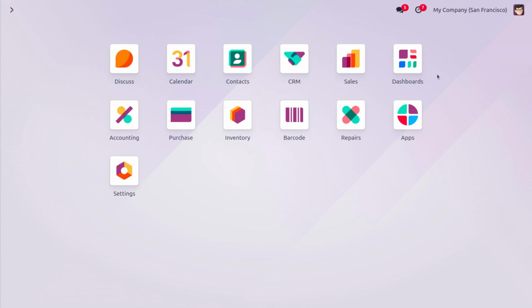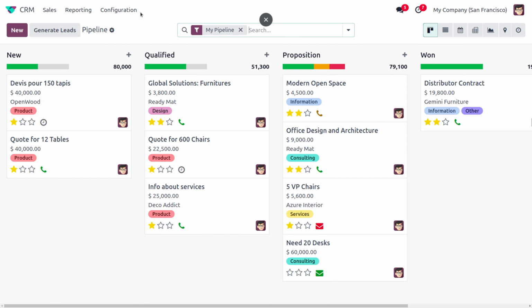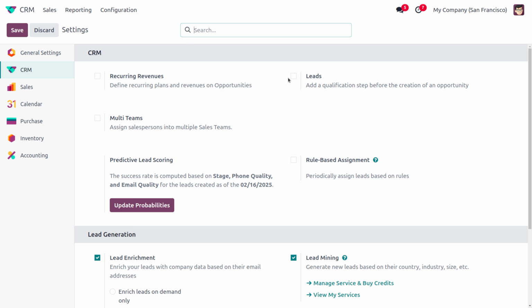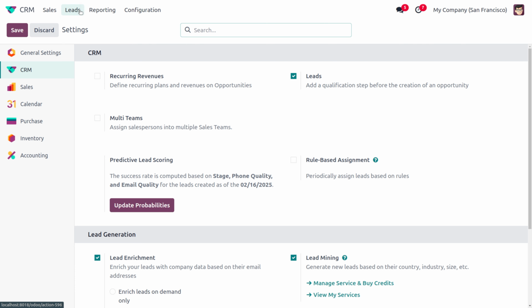So let's see how we can manage a lead in Odoo 18. To activate the lead, let's move on to the CRM module. From the configuration settings, we have to enable the lead. Once you enable the lead, you can find the lead under the menu. This adds a qualification step before the creation of an opportunity. Once that's done, you can simply move on to the leads and you can find all the leads that